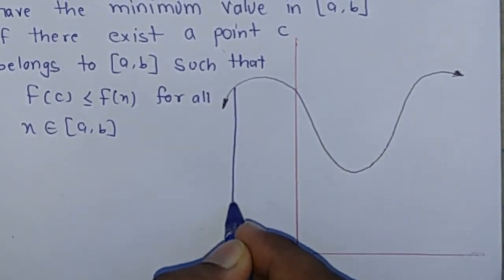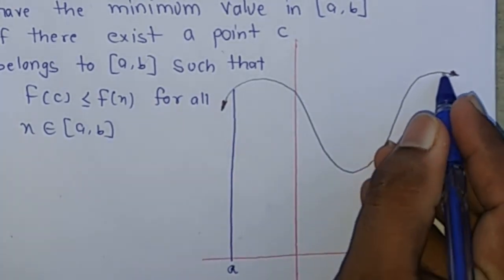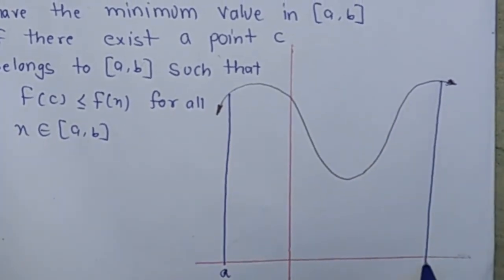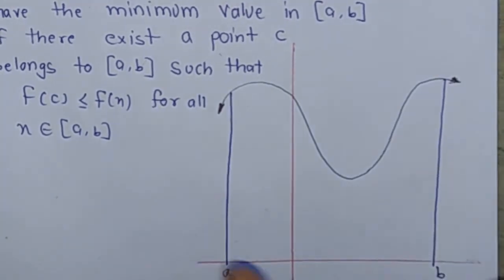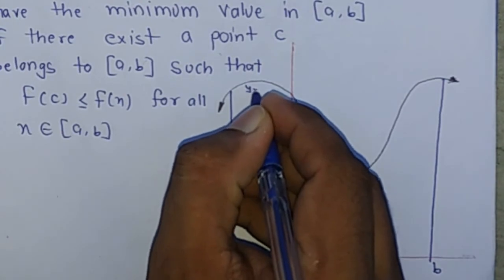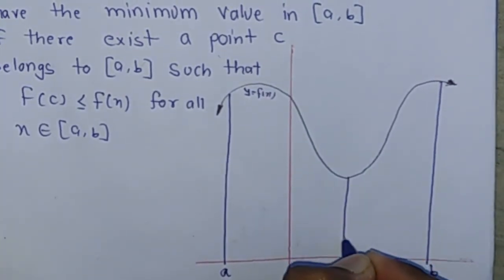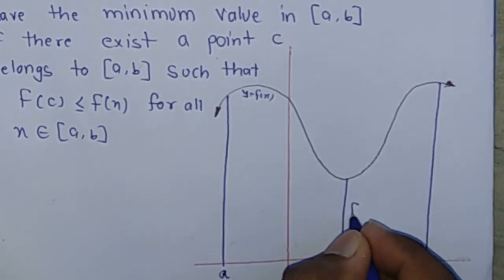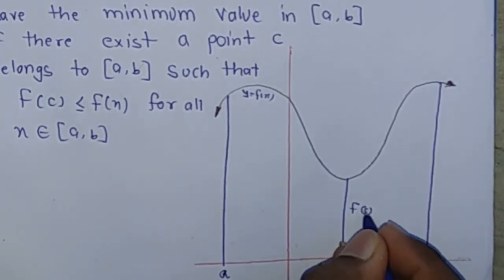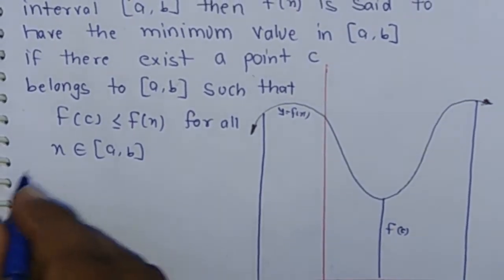It is a to b, it is closed interval [a, b], and it is a function y equal f(x), and it is the minimum value f(c) at x equals c. In such case,